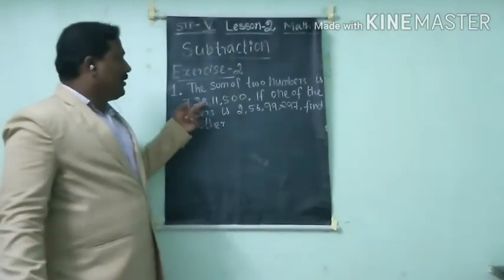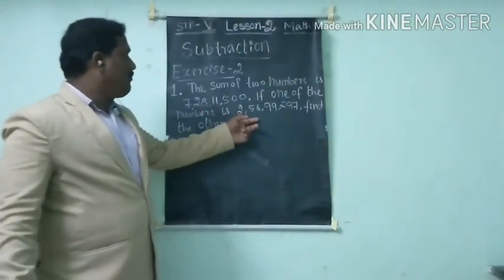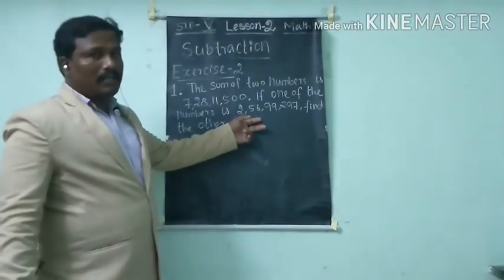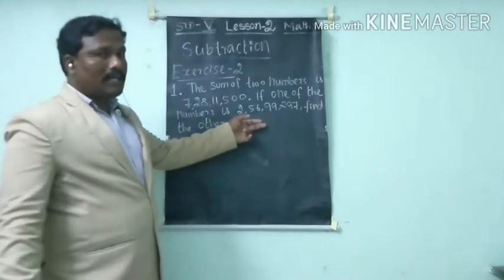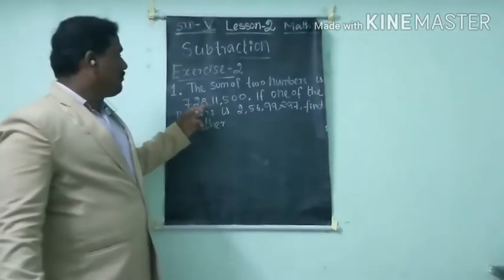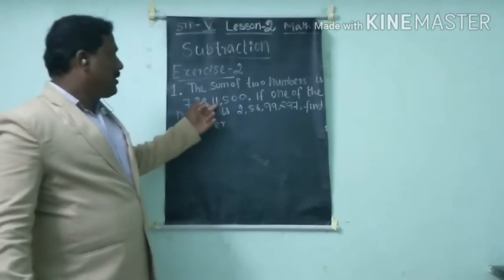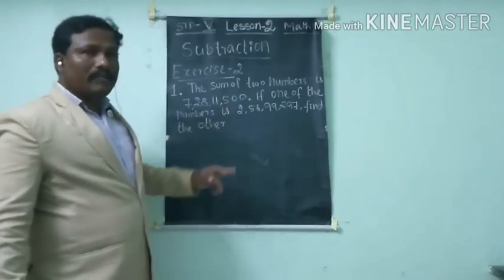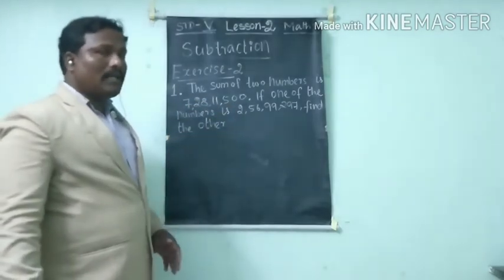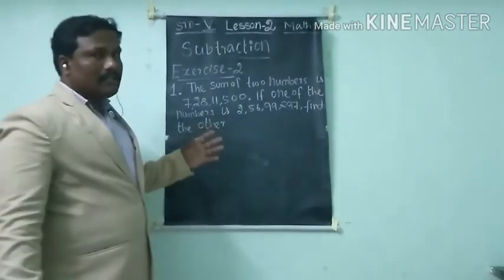So this is the total. This is the another one number. That two number, the another one number. Okay. So first we will subtract from this to this. We already saw one example sum, the same method. This also.